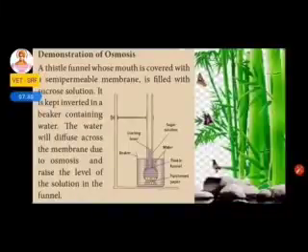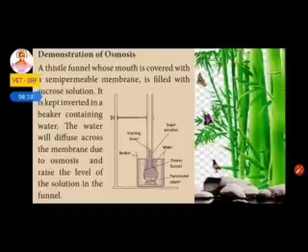The next one is the demonstration of osmosis. There is an experiment which demonstrates the osmosis process, that is the test tube and funnel experiment. In this experiment a beaker, a Thistle funnel, a semi-permeable membrane, water and concentrated sugar solution have been taken. The Thistle funnel is covered with the semi-permeable membrane and concentrated sugar solution is poured over it. The beaker containing plain water is taken, and then the Thistle funnel is immersed in the beaker and kept undisturbed for some period of time.